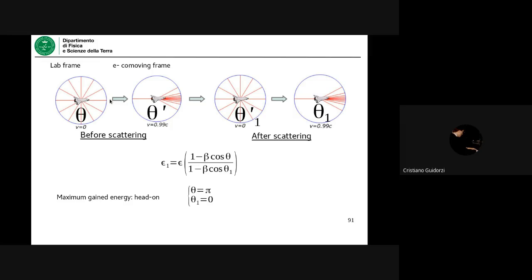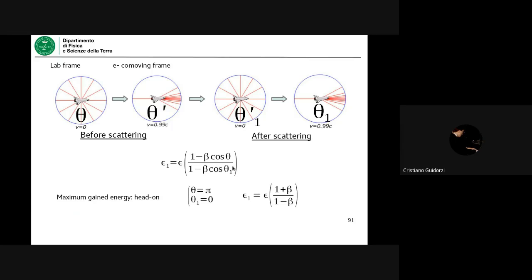It goes like this, and then it is scattered, and it changes direction by 180 degrees. So the incoming direction is theta equal to pi radians, and the final scattering angle is just 1. Now, if you replace into this, you immediately see that